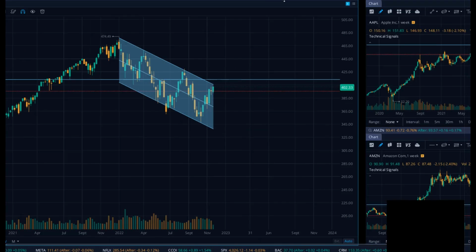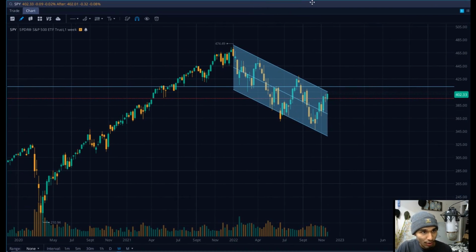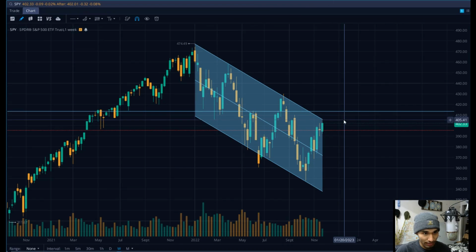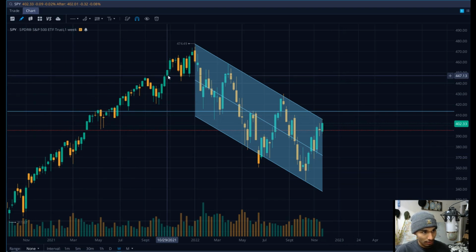Let me move this back over to the S&P 500. There are 3 critical confirmations that I'm looking at, at least for the upside. The first area is, let's get a little closer right here. The last candle that we've had, and I forgot to mention that these candles are 1 week worth of time, so every candle is 1 week. It is Saturday right now, so the last week that we've had is this small candle right here.